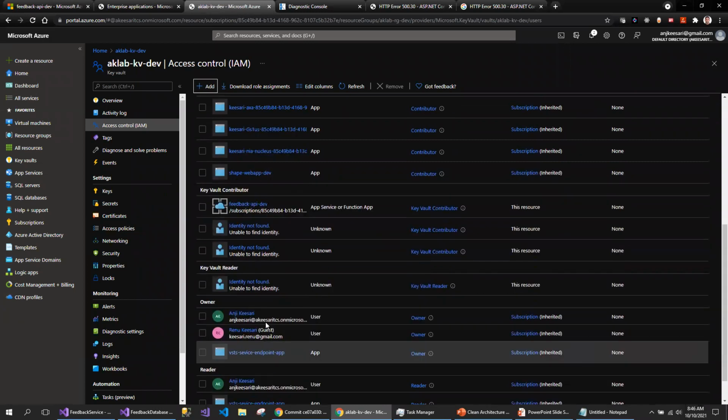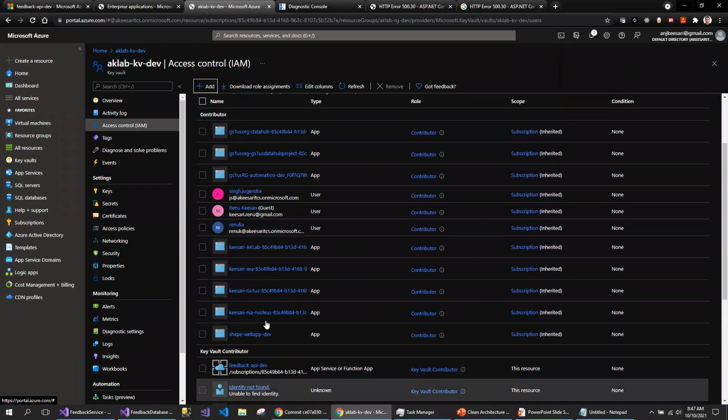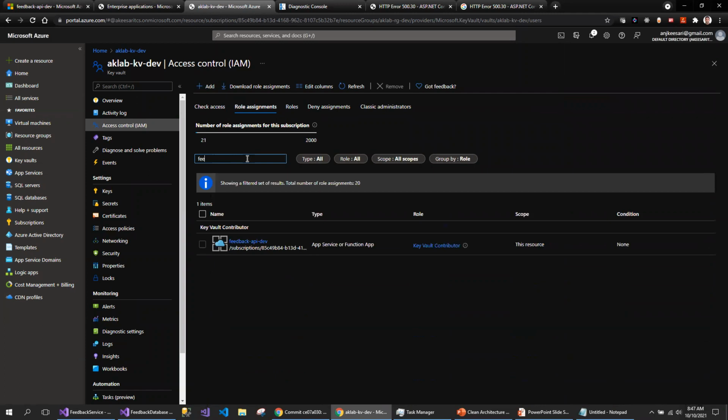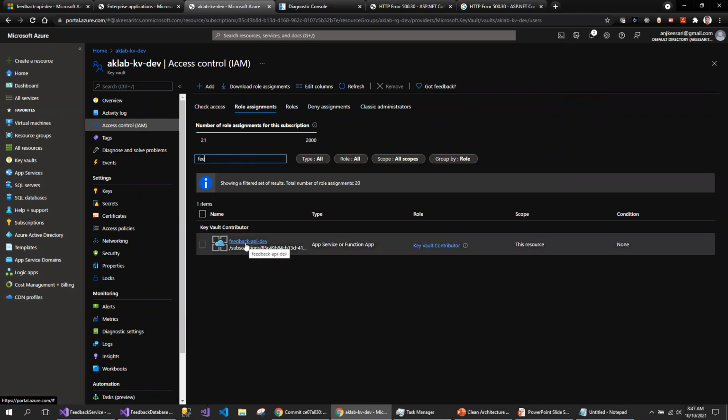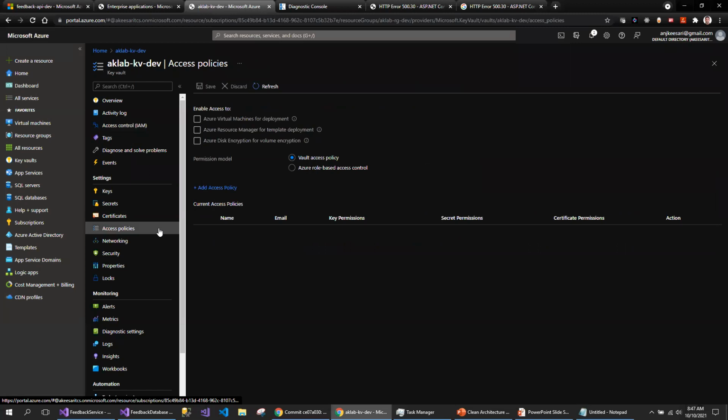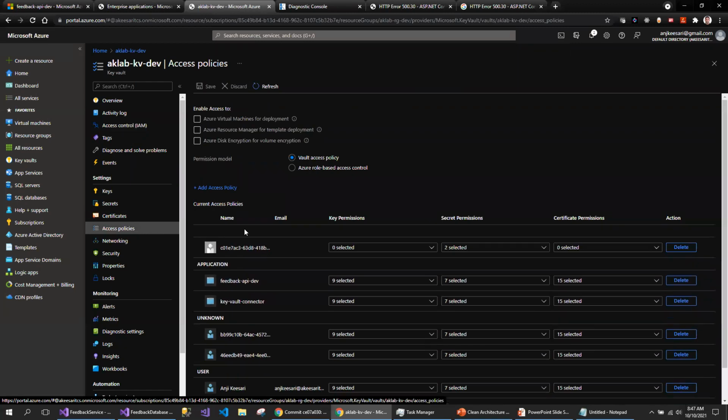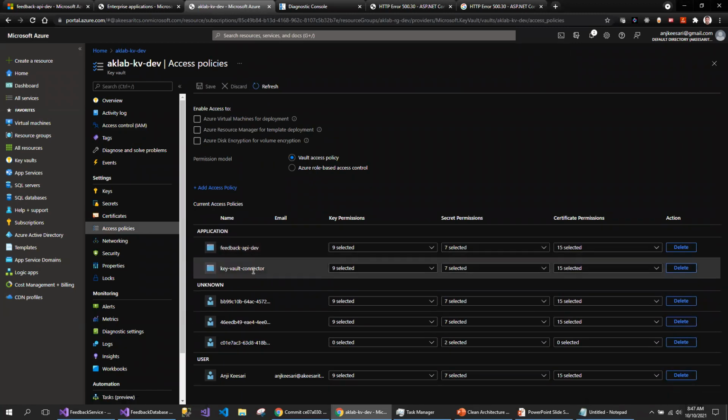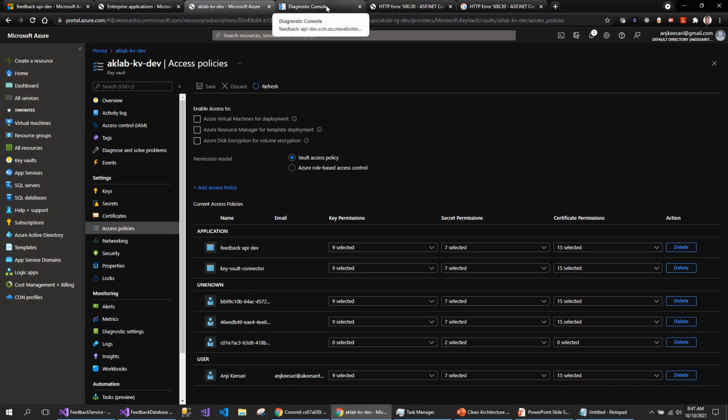So let me see, where is my service? So feedback. This is the service I have added. I've given the Key Vault contributor access. That's point number one. And I've also added it in the access policies. That's point number two. Even if I add these two permissions, I'm still getting the error and my logs are not getting refreshed.